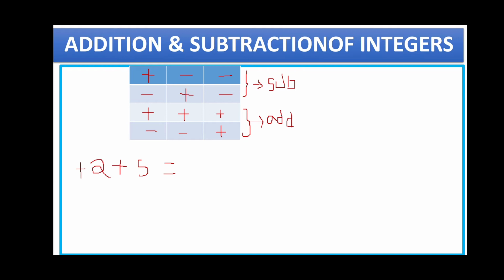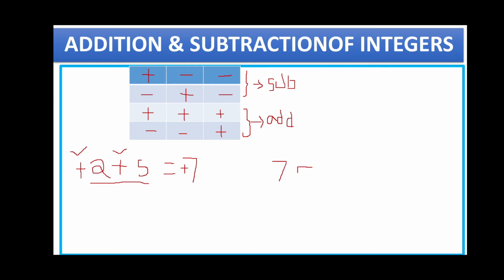So what do we have to do now? We have to do addition. So let us start doing addition. What are the numbers here? 2 and 5, and both have a positive sign. So 2 plus 5 gives 7, and for the result, what symbol do we get? We get plus, because both the numbers have plus. So plus 7 is our result. Always you have to check the signs.